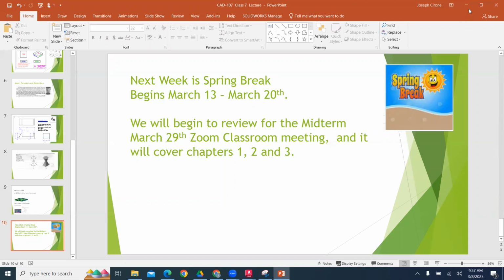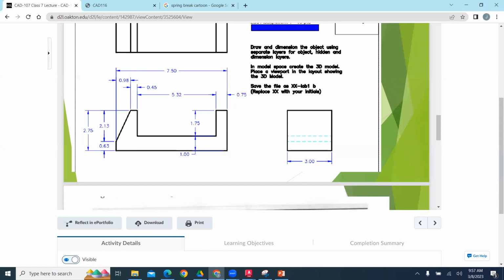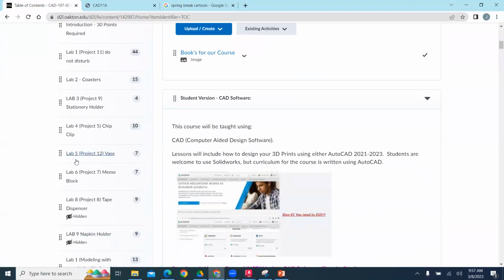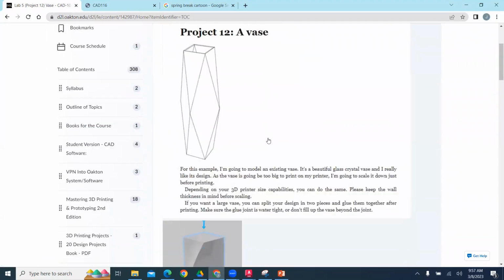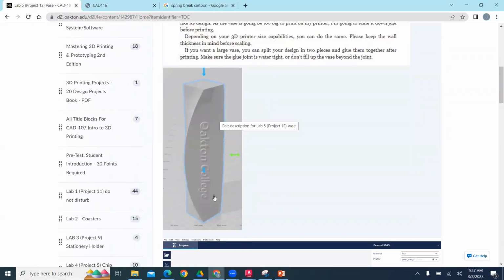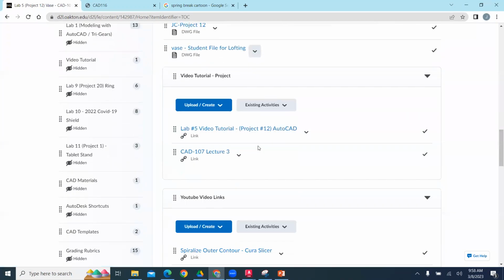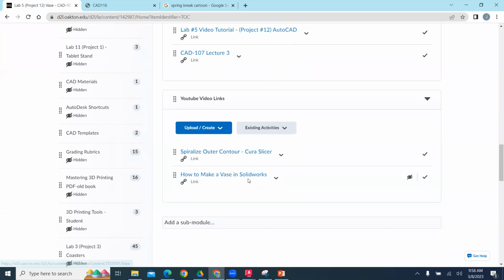All right. So with that, let's go take a look at our projects really quick. If we take a look at our last project, we were working on a vase project. And again, we want to make sure that we add our student information or college information. This was done in 3D Builder. In the slicer, we're using spiralized outer contour, which is a way of building a large volume part in a very short amount of time. And so here's our project, here's our student file for lofting, and our lecture, and our videos on that. And so if we look at our video,